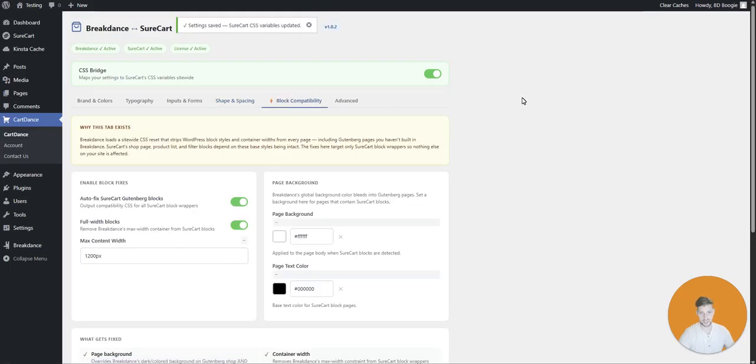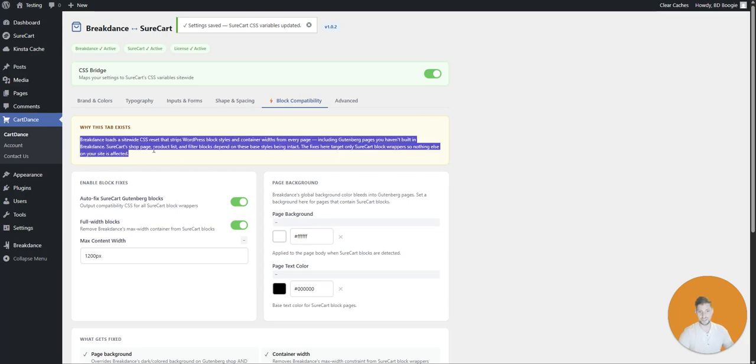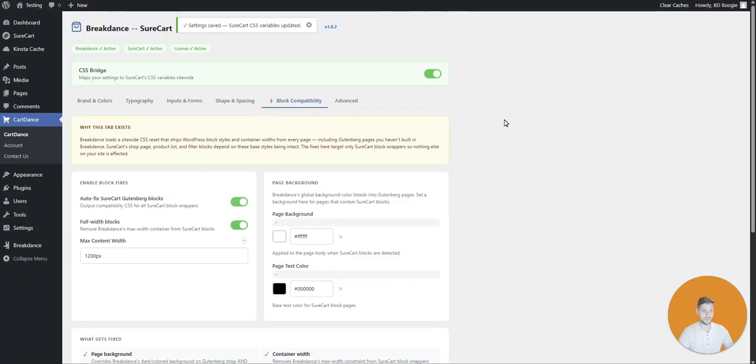Now, this is the most important setting of the plugin. It is the block compatibility side. Mainly, this blends the full site editor that SureCart uses for its templates right within Breakdance, so that way you actually have the ability to meld these two together. You can see a description here why this tab exists exactly, and that's mainly for the main purpose of this